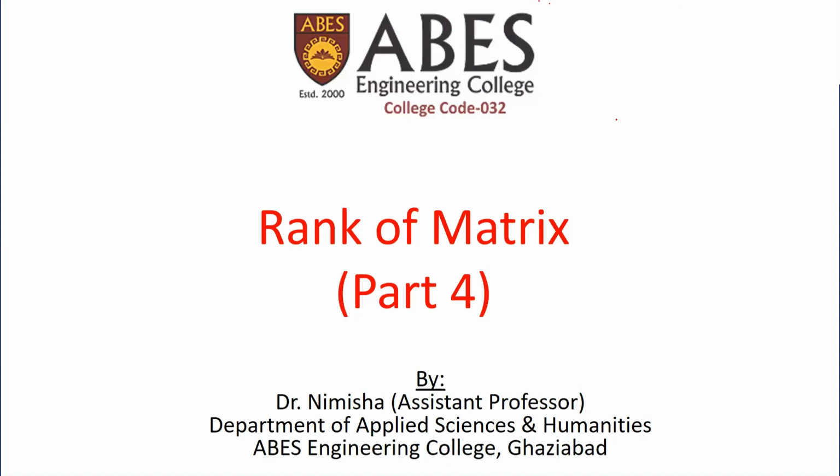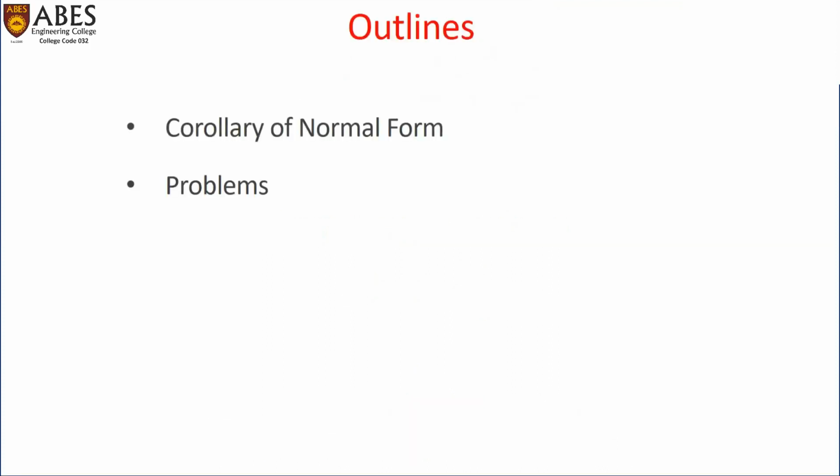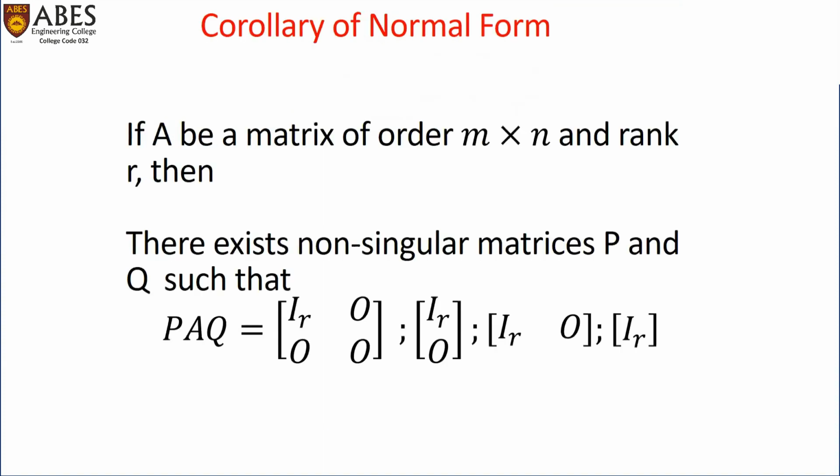In continuation of the rank of the matrix, in this part we discuss the corollary of the normal form and a problem. Corollary of normal form: if A is a matrix of order n cross n and rank r, then there exist